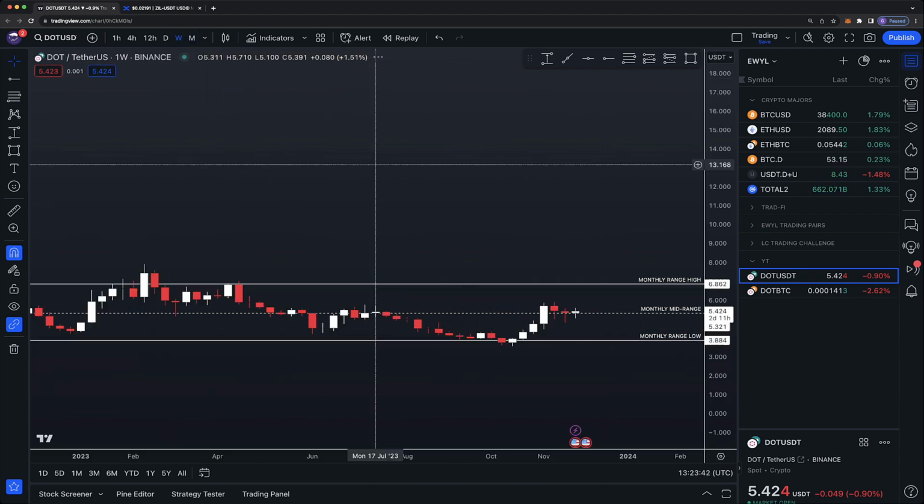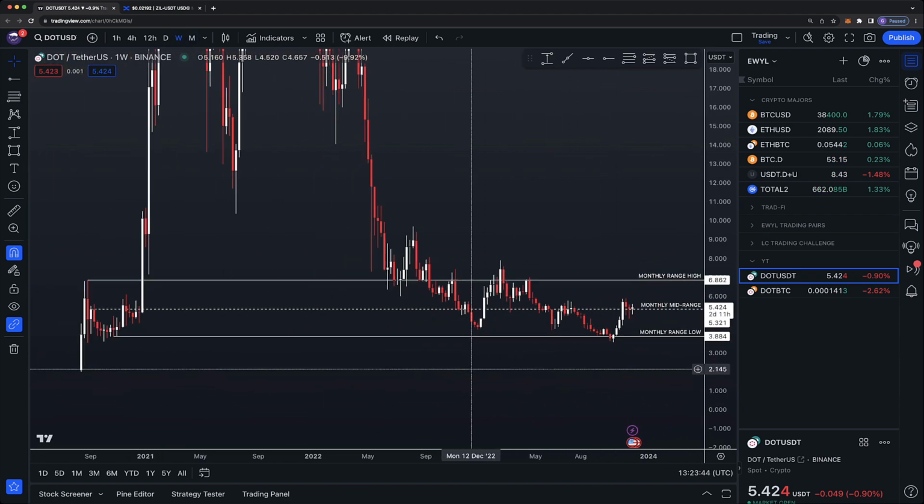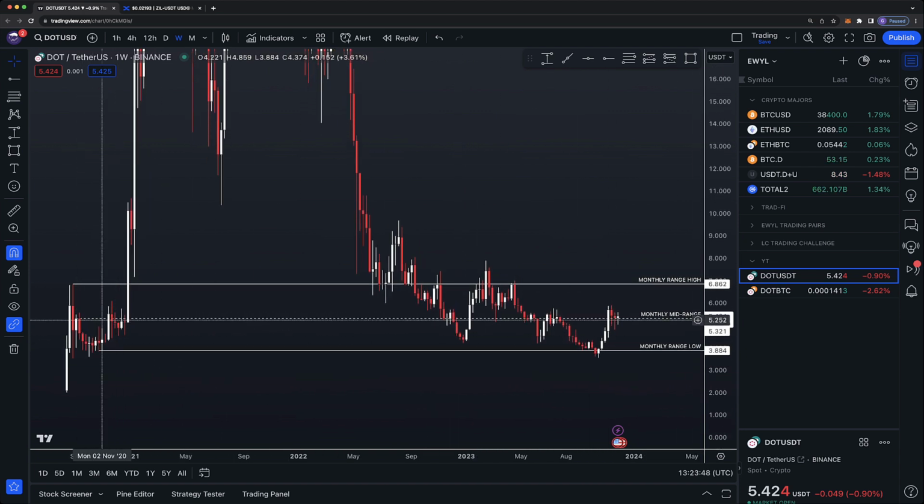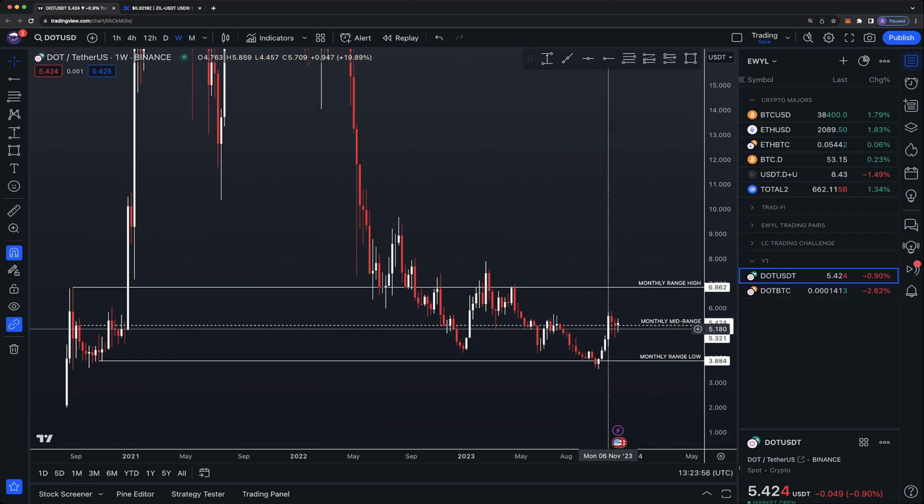And if we knock it down to the weekly time frame, you can see that this monthly mid-range is actually a very significant weekly level of support and resistance in the past as well. Looking across, you can see the amount of times it's held as resistance and support. So currently we are back above this monthly mid-range. We made a nice impulse candle back on the week beginning 6th of November, and we're actually holding this support